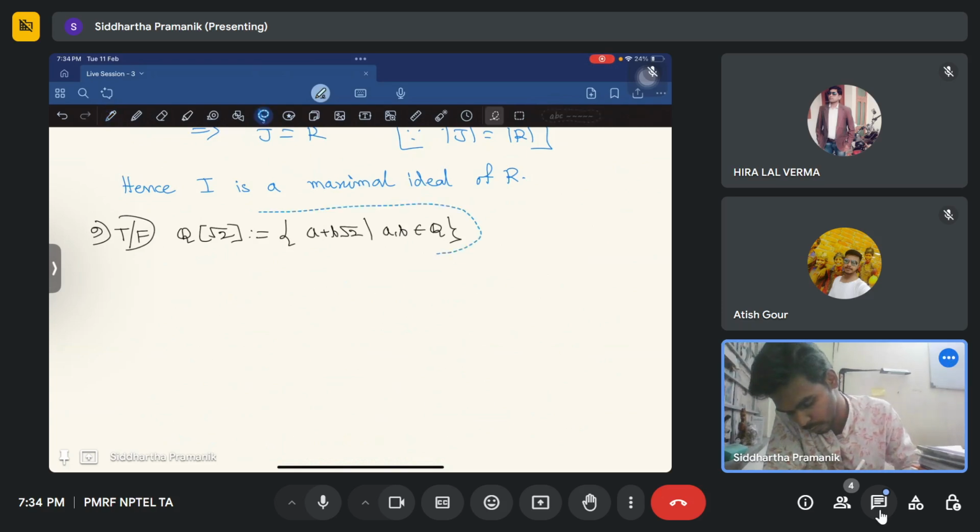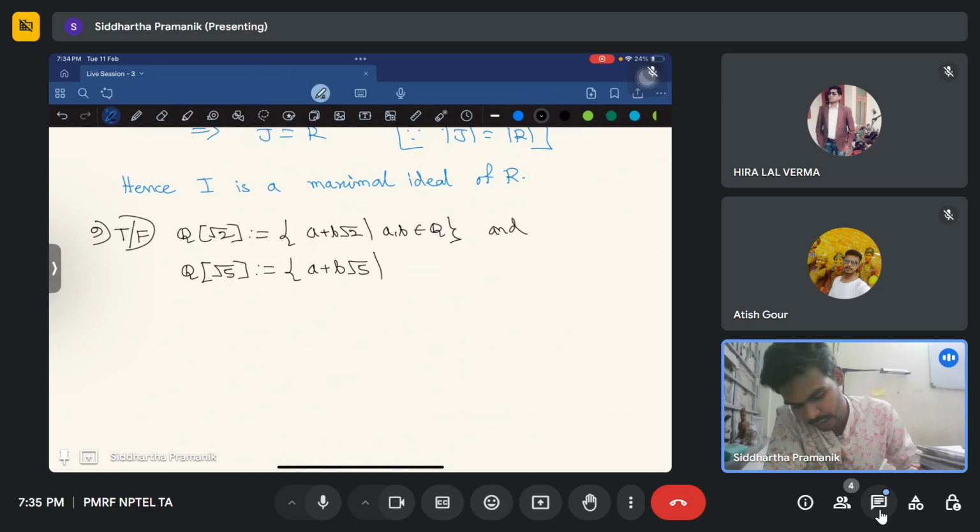Okay, so let's put a name, and Q root 5 defined like A plus B root 5 such that A and B are rational numbers. Okay, then the statement is